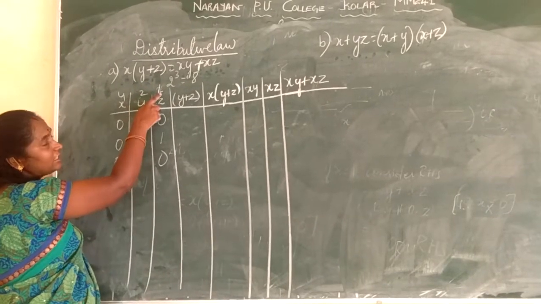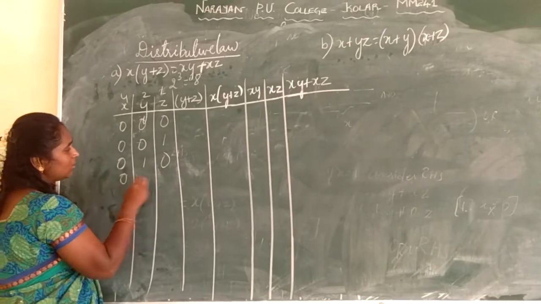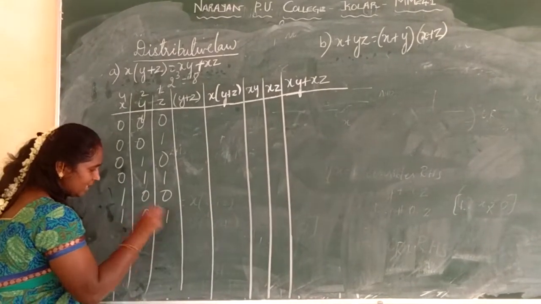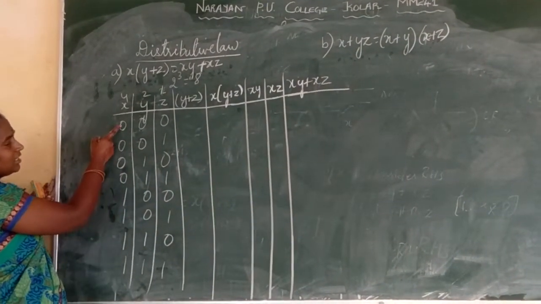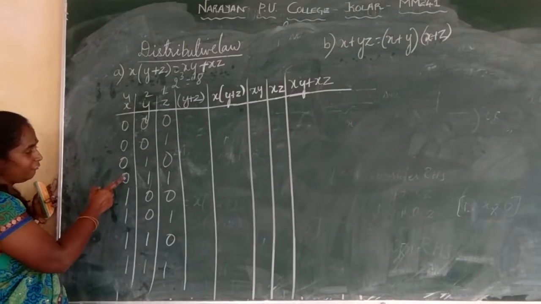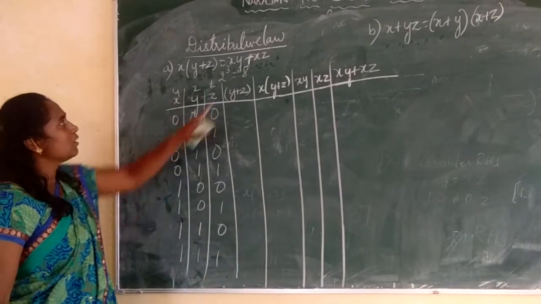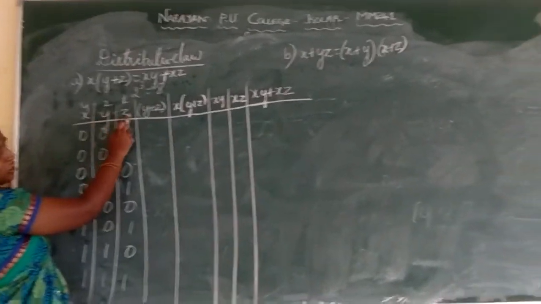If you are finding it difficult, put in multiples of 2 and add. So, 3 is 0 1 1, 4 is 1 0 0, 5 is 1 0 1, 6 is 1 1 0, 7 is 1 1 1. So, we count 1, 2, 3, 4, 5, 6, 7, 8. So, there are 8 possible ways of inputting. Next, you have to add these two.